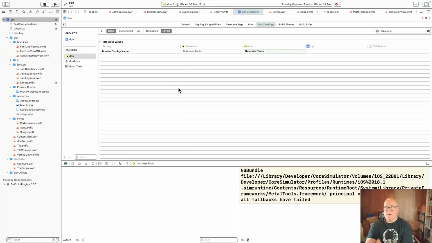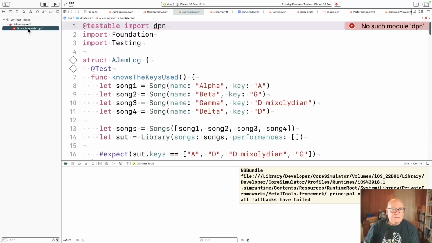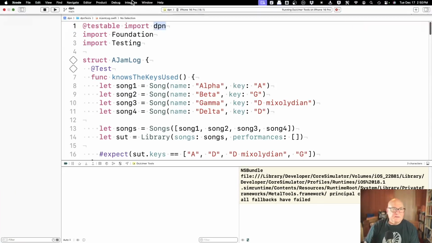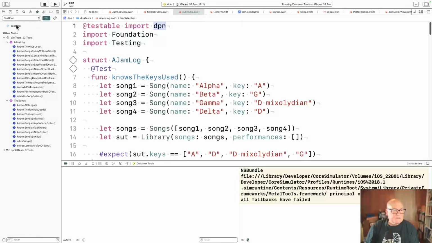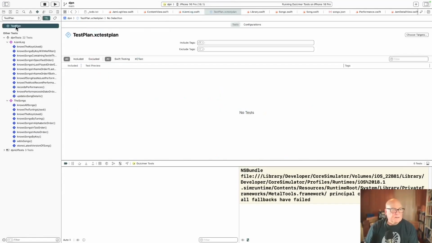Not if I have to restart Xcode again now. No such module DPN. Okay, let's. Oh, that's looking better. But now I've messed up my tests. Include a test.